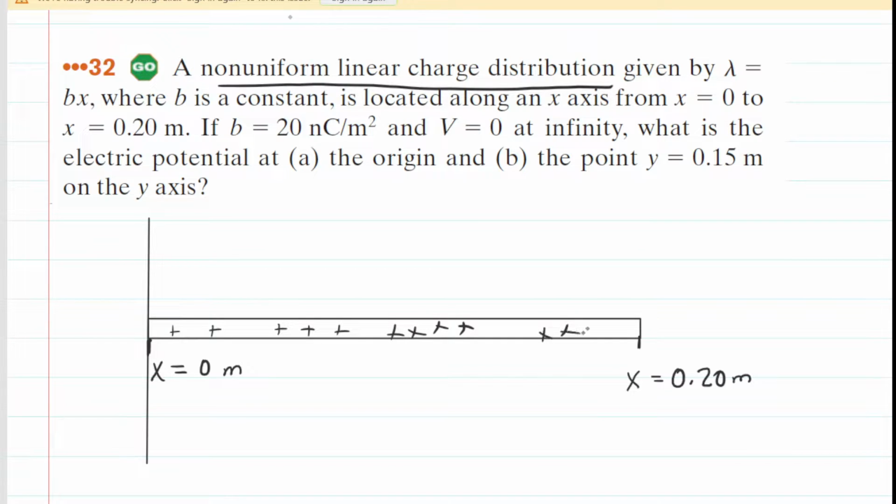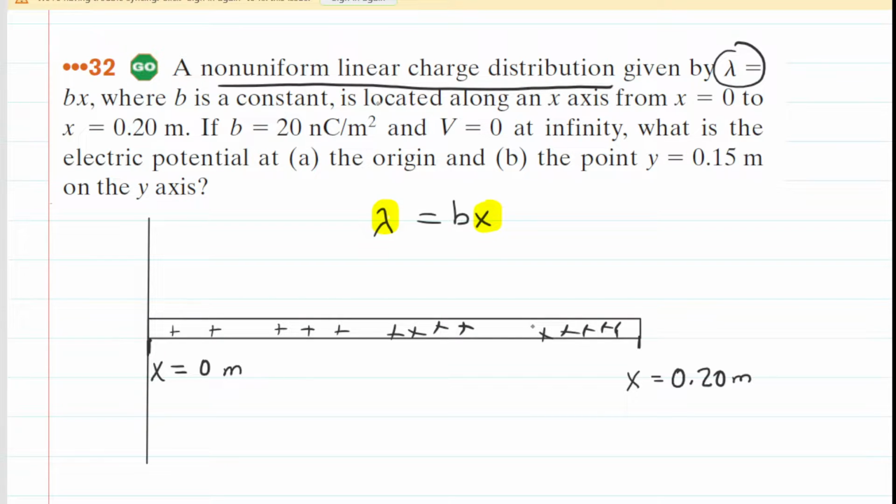And how do we know that the charge density increases? Well, it's because they told us that the linear charge density, symbolized by lambda, is equal to b times x. So we can see that as we move away from the origin, in other words, as our x-coordinate gets bigger and bigger, then the linear charge density also gets bigger and bigger. They are proportional. So that's why we've drawn extra charges as we travel further to the right along